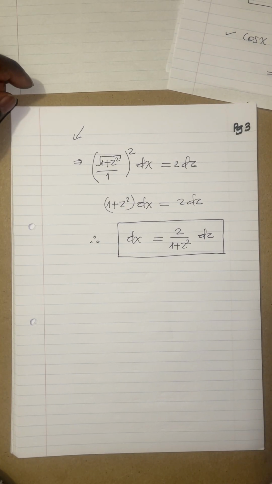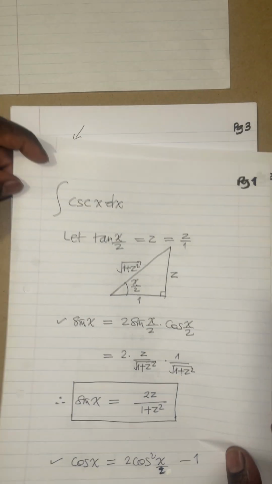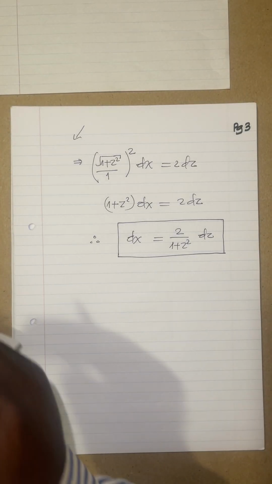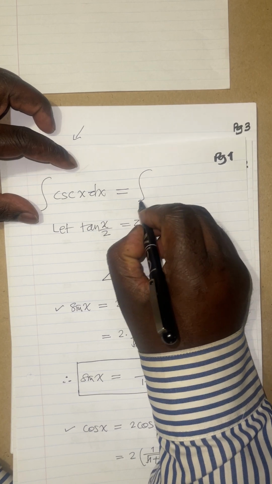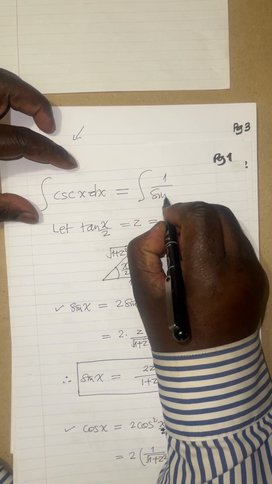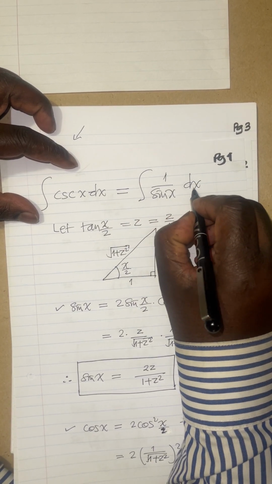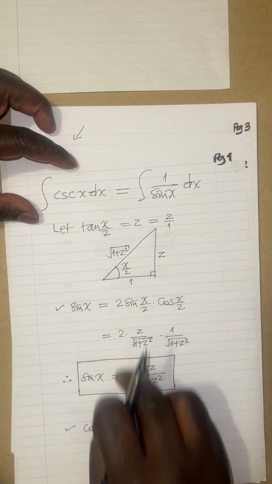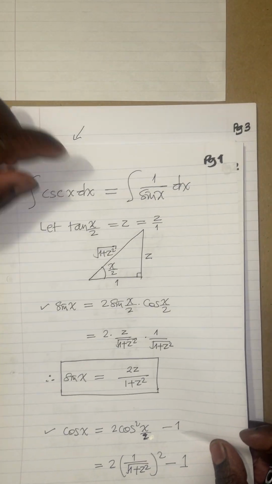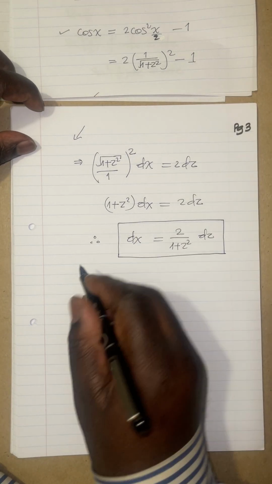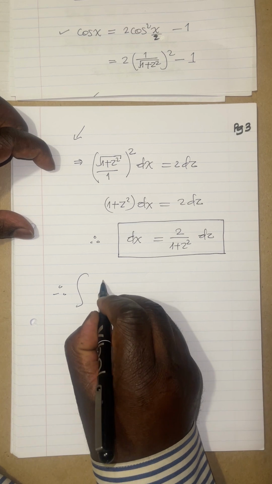Now we can go back to our integral. We can now go back here and say that this integral actually simplifies to, let me just remind you right on the outset that this is actually the integral of 1 over sine x dx. That's why we're interested in this, because we have sine there. Remember, cosecant is the reciprocal of sine. Okay, so now going back to this integral here, we're going to say, therefore, the integral of 1 over sine x